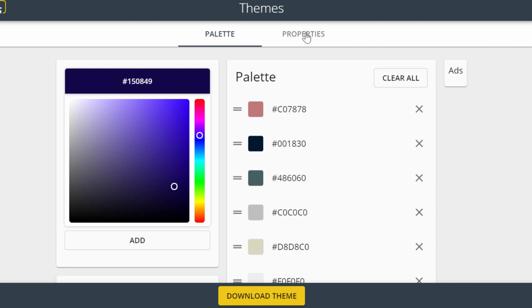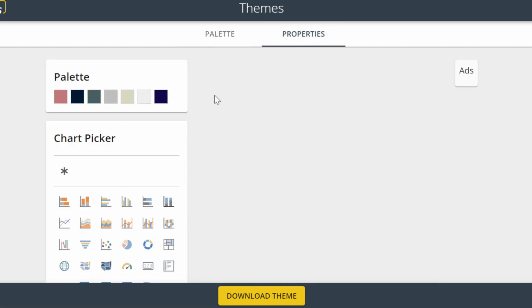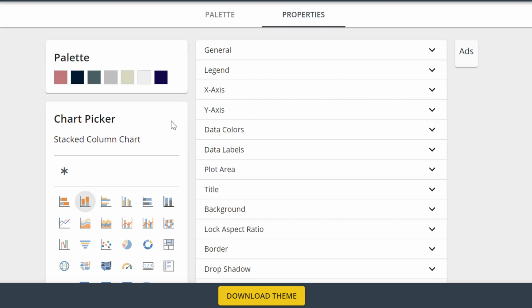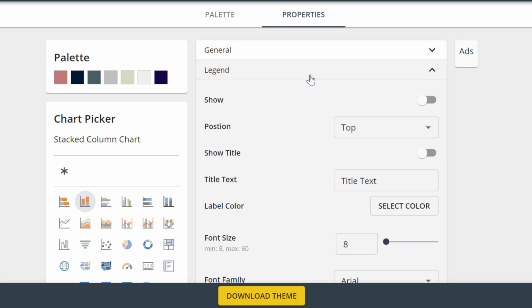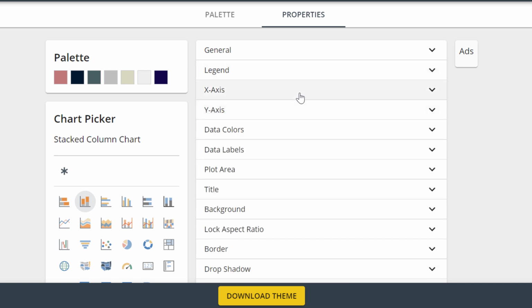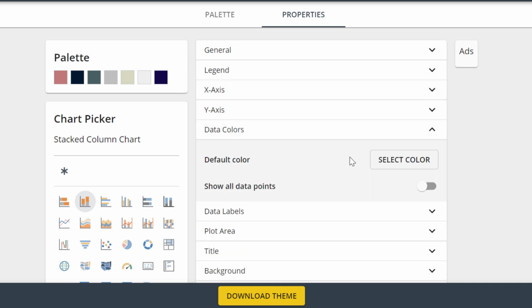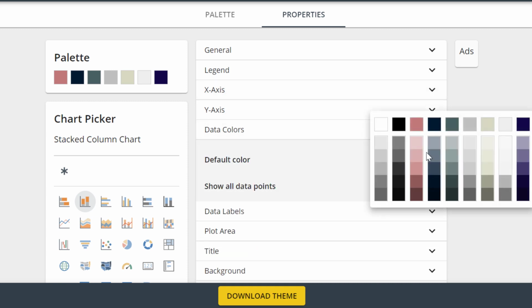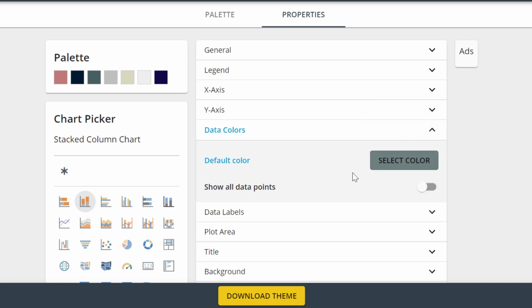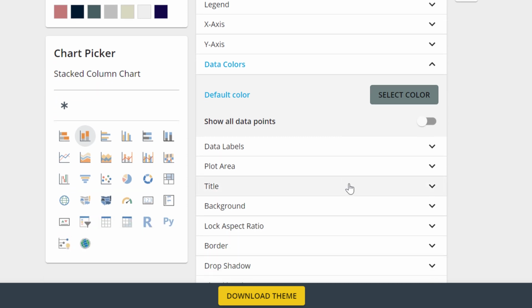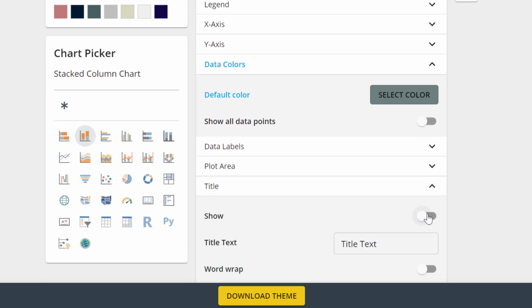If we go up here to properties, what you'll see is this tool has a pretty full-featured JSON editor here. So if we go into bar chart, what we've now got is all the properties for that bar chart. And we can actually set the legend color, we can set the dimensions of the x-axis, but let's just go in for now and just select our data colors. So let's use that as our default color,